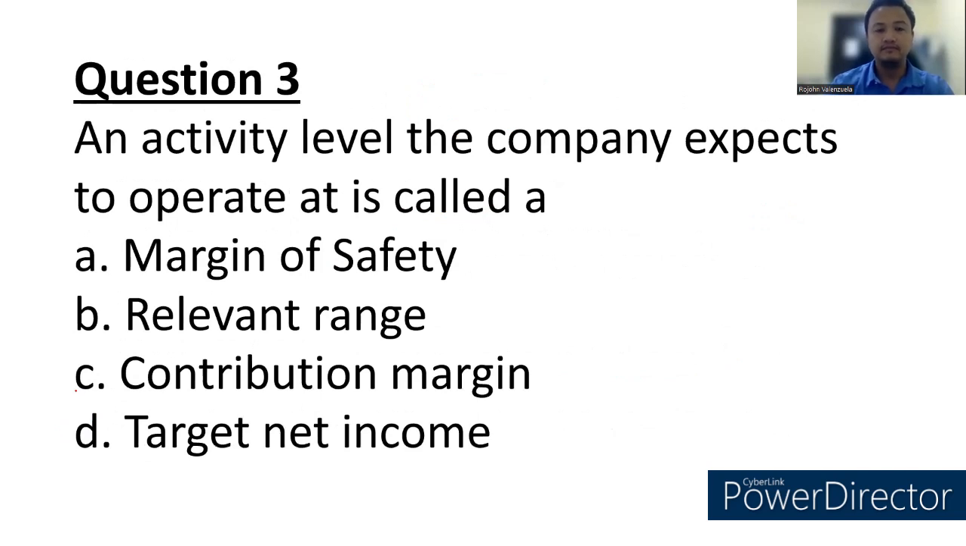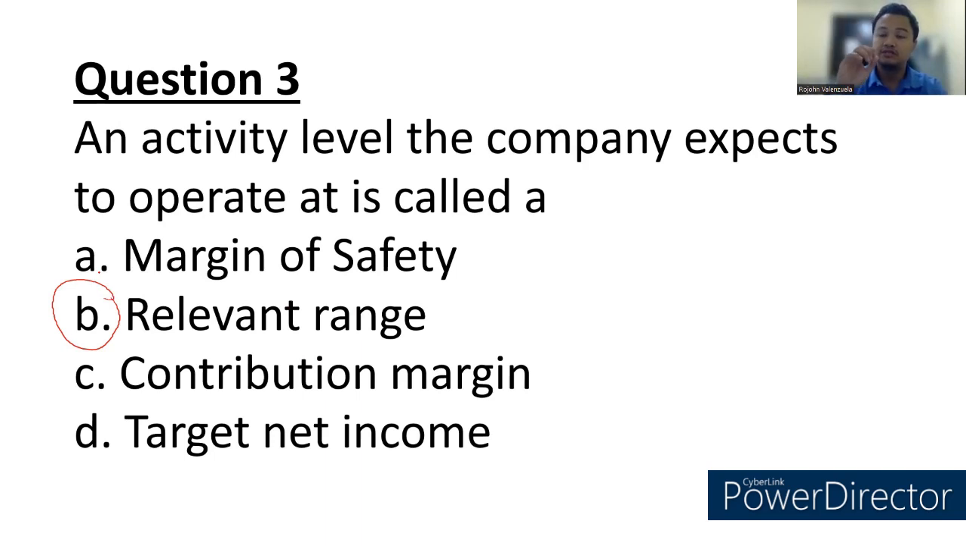Number three, an activity level the company expects to operate at is called, ayan, relevant range. Ito lang yung tinitingnan natin na mga activity levels. Outside the relevant range, we do not use that for analysis kasi that would disrupt the computations natin. Halimbawa, may high-low method tayong ginagamit, sabi nga natin last video. Kung yung lowest is talagang mababa siya as compared to the average, or kung yung unang tingin mo pa